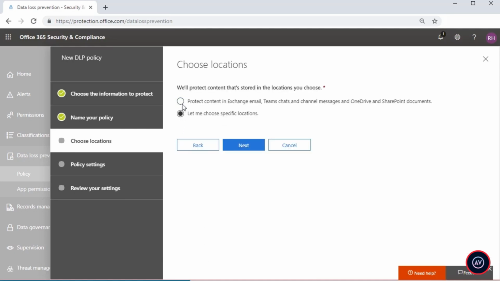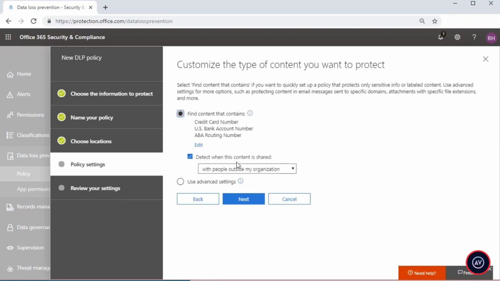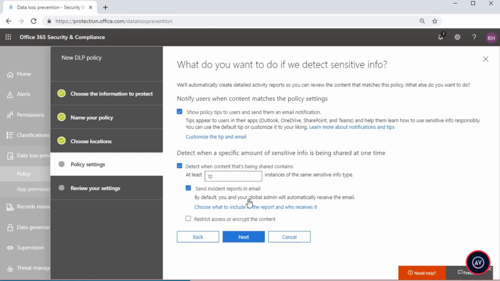For our example, we are just going to select all data sources within Office 365, and that will give us maximum coverage. We can also tell the policy to detect when the content we are protecting is shared with people outside your organization. This is one of the main purposes of data loss prevention: preventing data leaving your